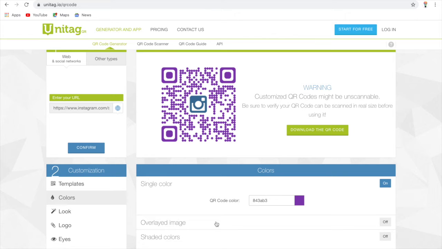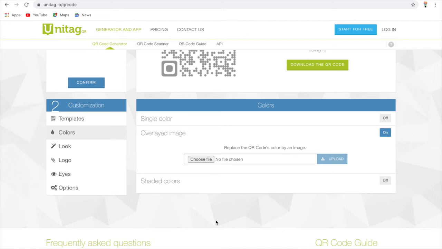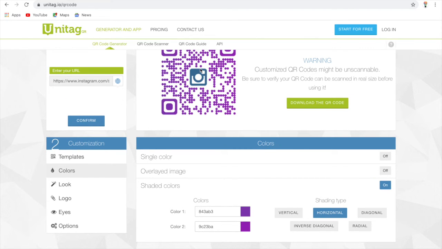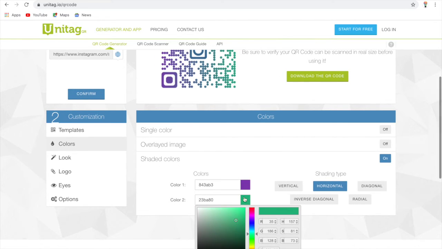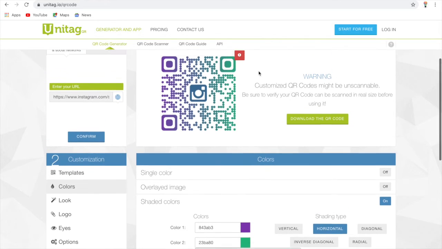Next option we have is overlaid image. Overlay images are for the paid subscription, so I cannot demonstrate it here. Then we have shaded colors, which will give me shades here. So for example, I'm choosing one shade as the above one and one shade as the green, this shade. Okay, and see here I am choosing this, and I can show you that here.